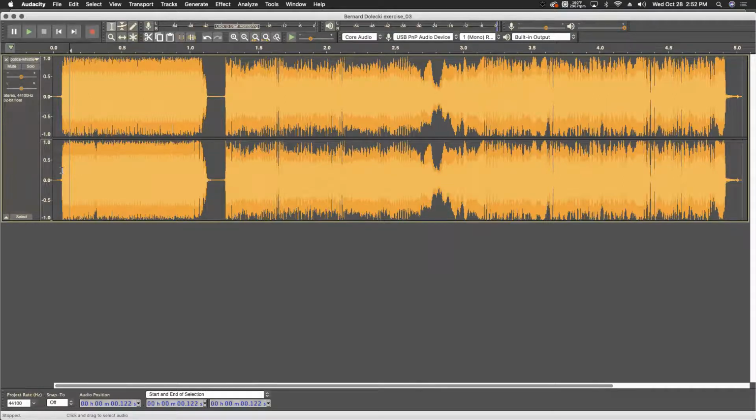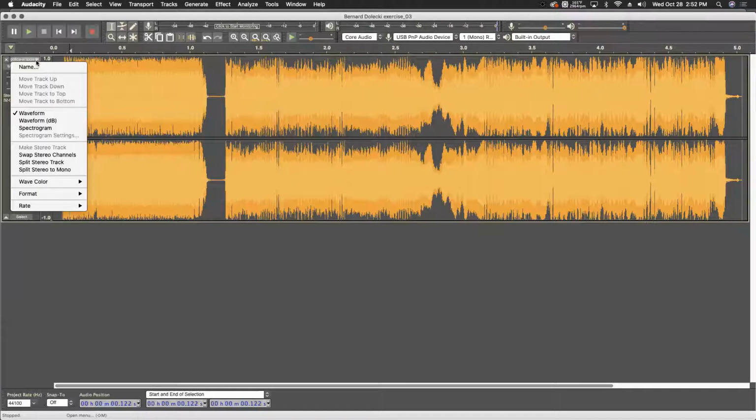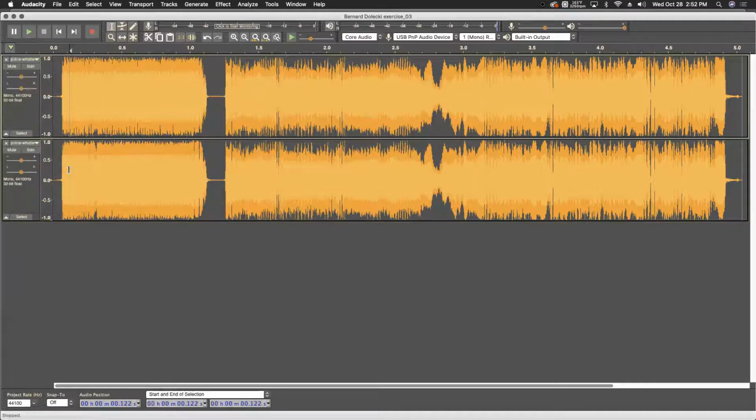The first thing I want us to do is separate this from a stereo, quote unquote stereo track, right? It's got 2 tracks, into 2 mono tracks so that we can manipulate them independently. So the first thing we're going to do is click this drop down arrow for the menu. And we want this option, split stereo track to mono. And we should now see that they each have their own independent